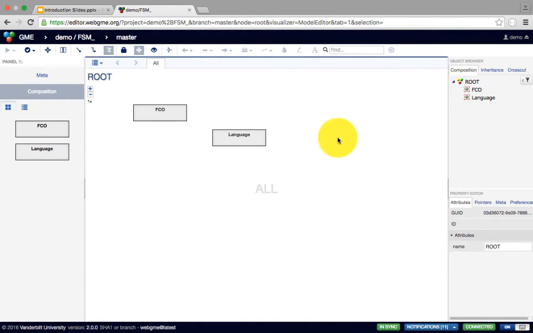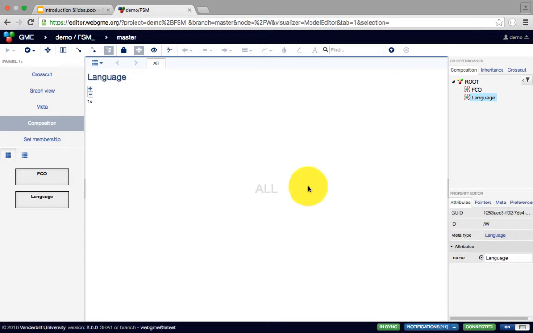For the other elements of our FSM language, I would like to show you different ways how you can create objects. Again, you can use the part browser. So we can say that, okay, inside the language, I would like to create an FCO instance. Let's just rename it, so that this one will be the state machine. This object is currently not part of our language because we created it in the composition view. It means that it's part of our project, it's part of our model, but it's not seen as a language